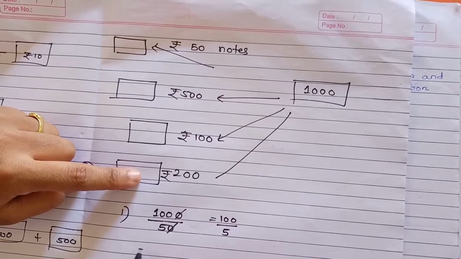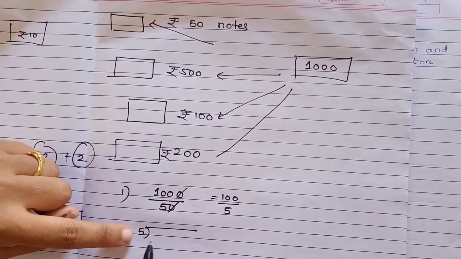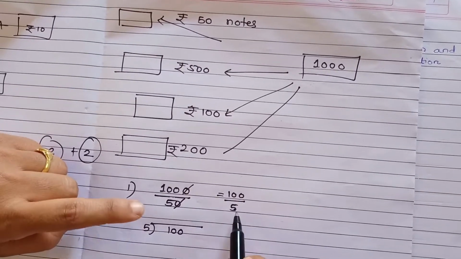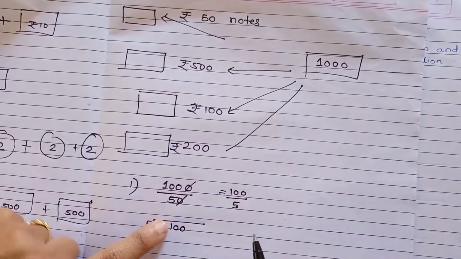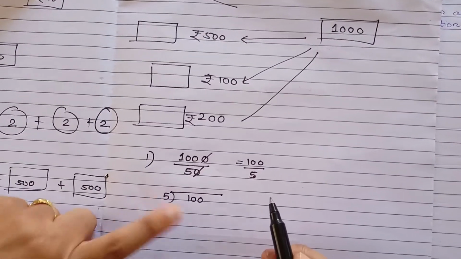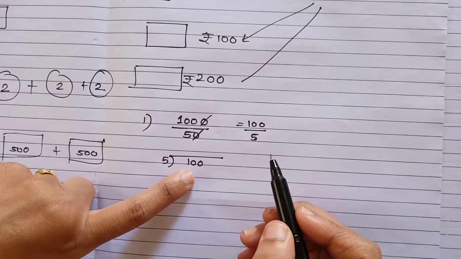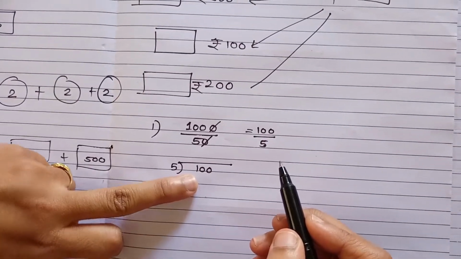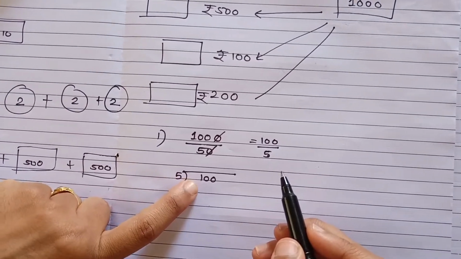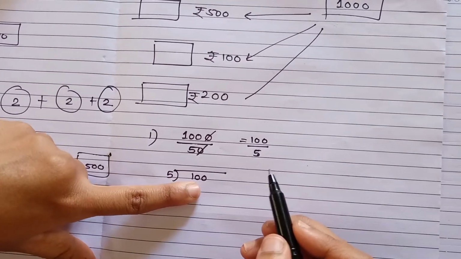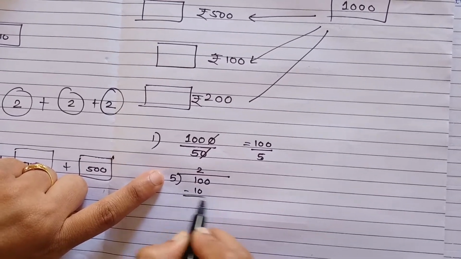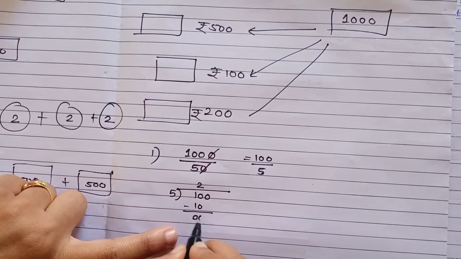100 upon 5 means basically you are going to do the division. 5 will be the divisor over here and 100 will be the dividend. I wrote this 5 which was down over here, and this 100 I have mentioned over here. Now I will do the simple calculation. In 5's table we don't get 100, so I am going to start by considering 1 digit or 2 digits. First, 1 in 5's table, I don't get 1 also. So I will consider these 2 digits, that is 10. 5 2s are 10. So I will get 0 here.